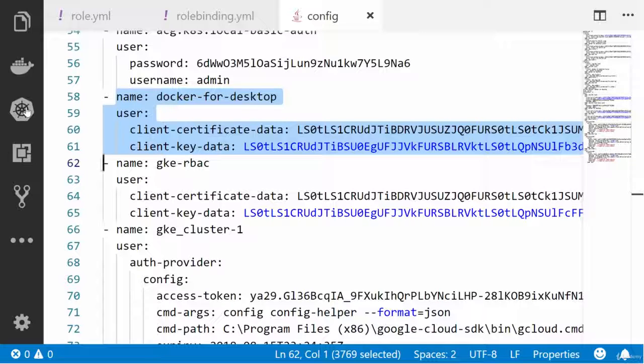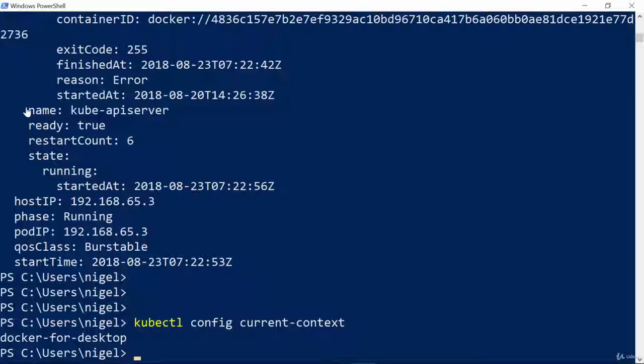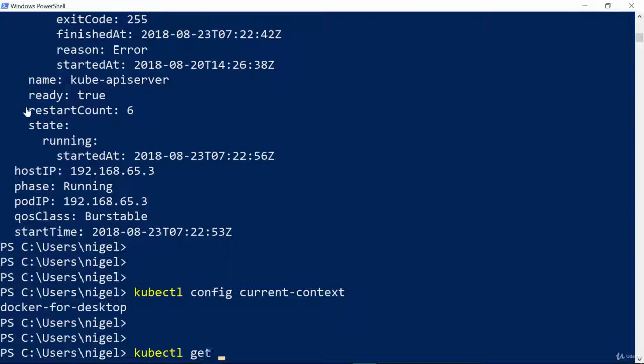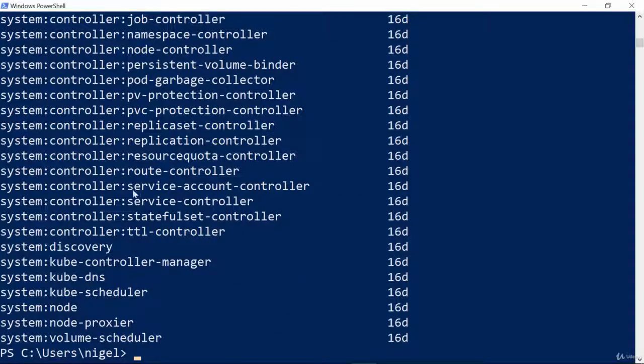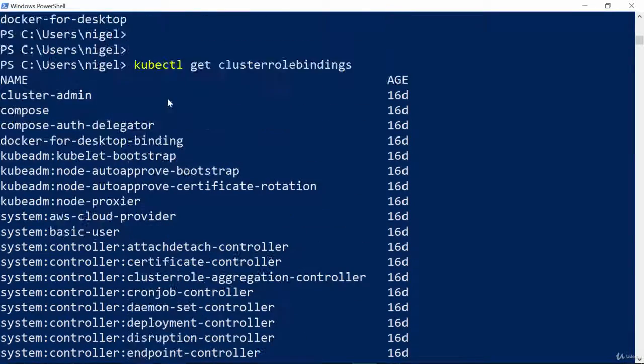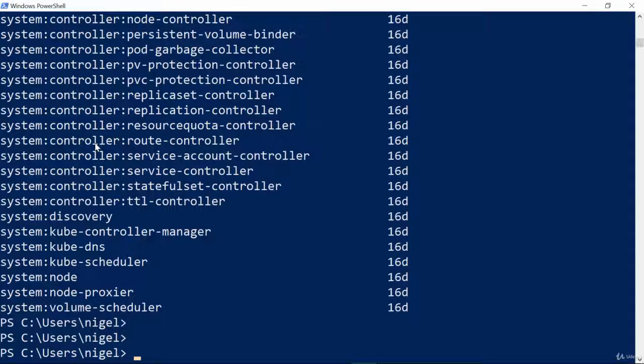Marvelous. But that user needs some permissions on the cluster, yeah? Well, we know all about that now with roles and role bindings, and it just so happens that every shiny new cluster gets a bunch of pre-created cluster roles and cluster role bindings. And at the top here, we can see one for Docker for desktop, yeah? Now, your user's going to be different on your cluster, remember? But if I dump out the YAML for this object,